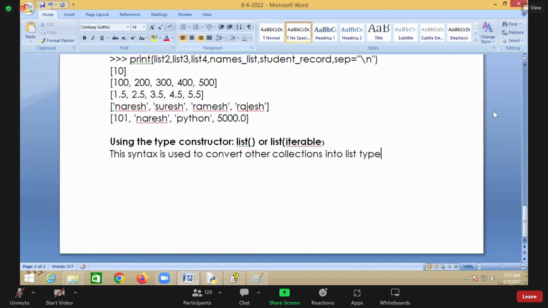List type. So this is used for type conversion, right? Other collections into list type, or it is used to construct